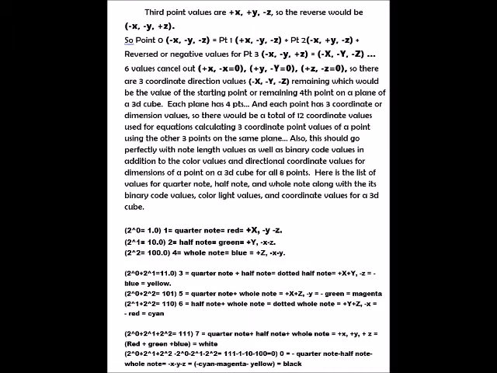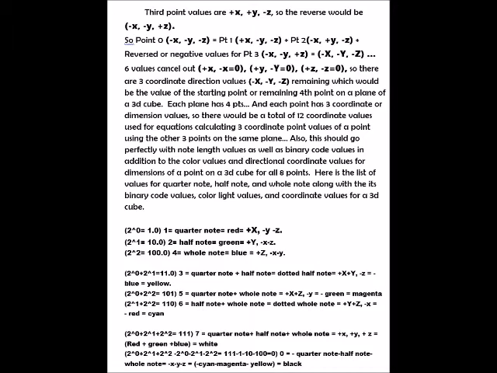Plus x minus x equals 0, plus y minus y equals 0, plus z minus z equals 0. So there are 3 coordinate direction values, negative x, negative y, negative z remaining, which would be the value of the starting point or remaining 4th point on a plane of a 3D cube. Each plane has 4 points, and each point has 3 coordinate or dimension values, so there would be a total of 12 coordinate values used for equations calculating 3 coordinate point values of a point using the other 3 points